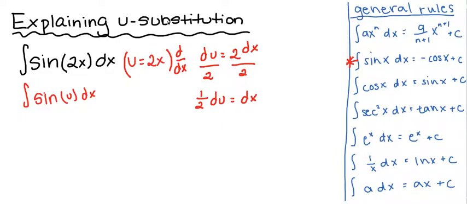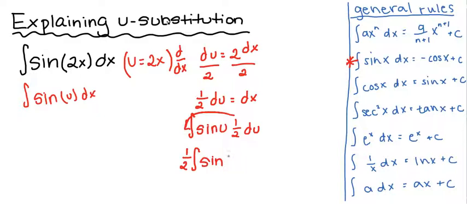We will then need to rewrite the integral in terms of du. This will look like the integral of sine of u times 1/2 du. You can then move the 1/2 to the outside, getting 1/2 times the integral of sine of